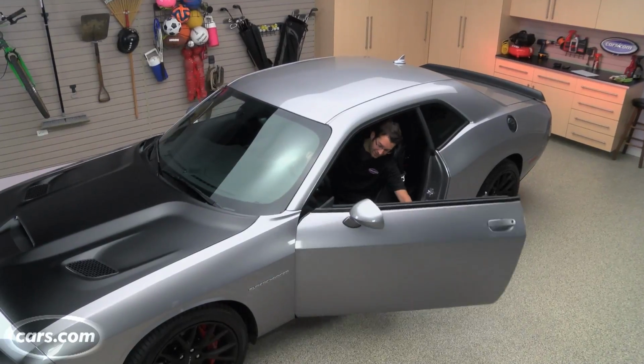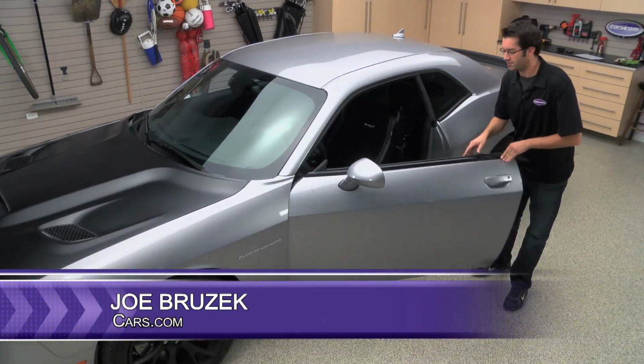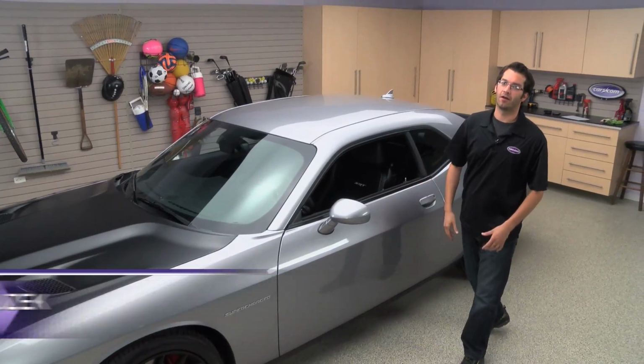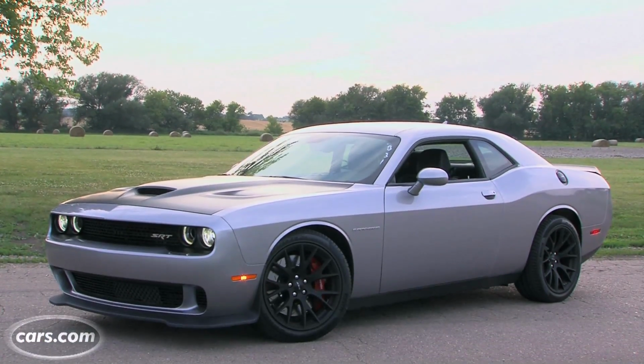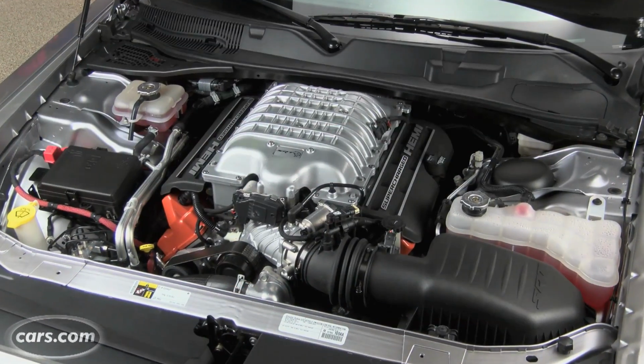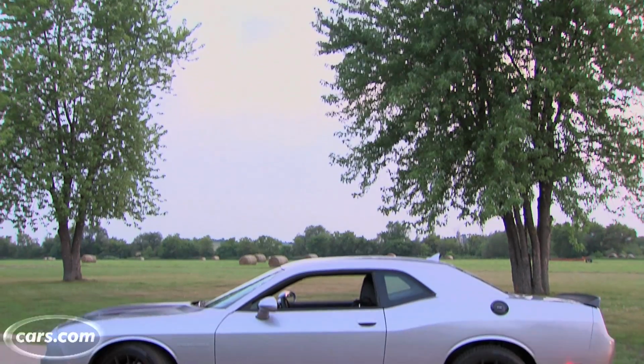And that, my friends, is the sound of 700 horsepower. It wasn't long ago when 700 horsepower was just for race cars, just for supercars. We're here with the 2015 Dodge Challenger SRT Hellcat, and its 707 horsepower supercharged V8 is the most extreme Challenger